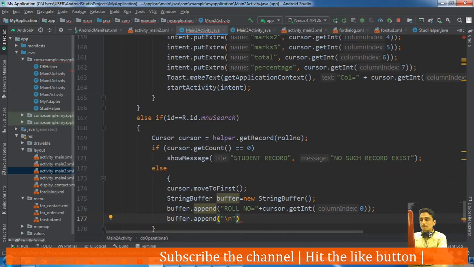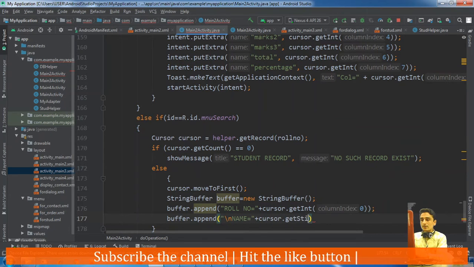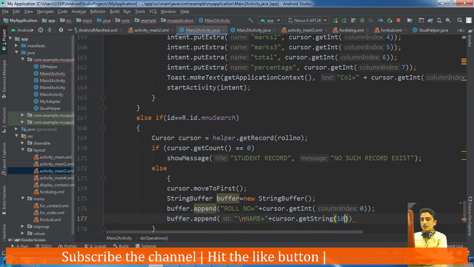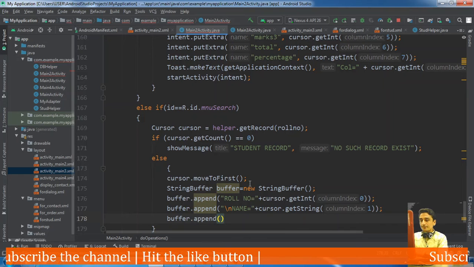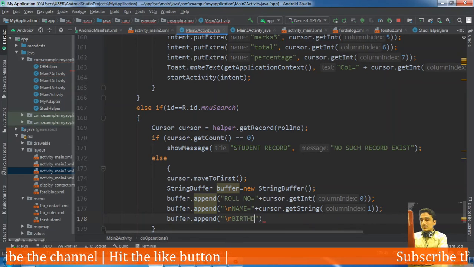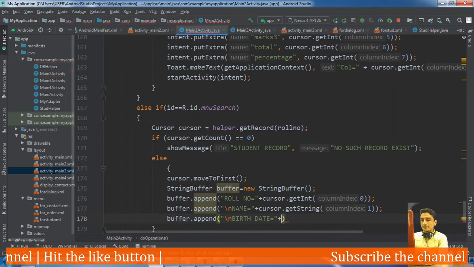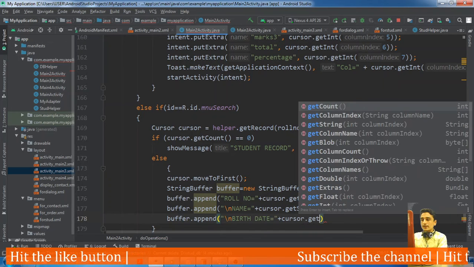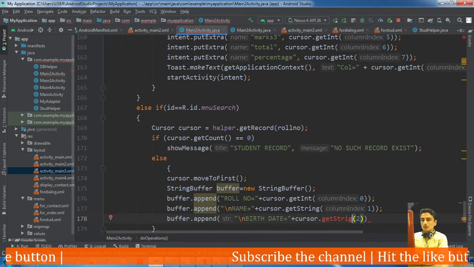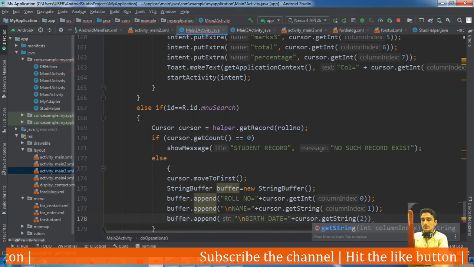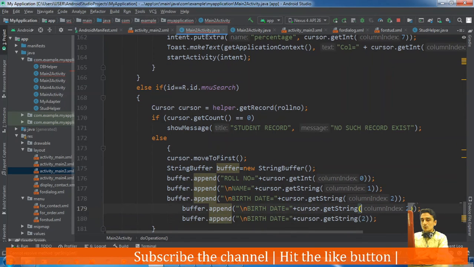then buffer dot append /n name equal to cursor dot get string 1, then buffer dot append birth date equal to cursor dot get string 2, okay, then buffer dot append marks 1, marks 2,